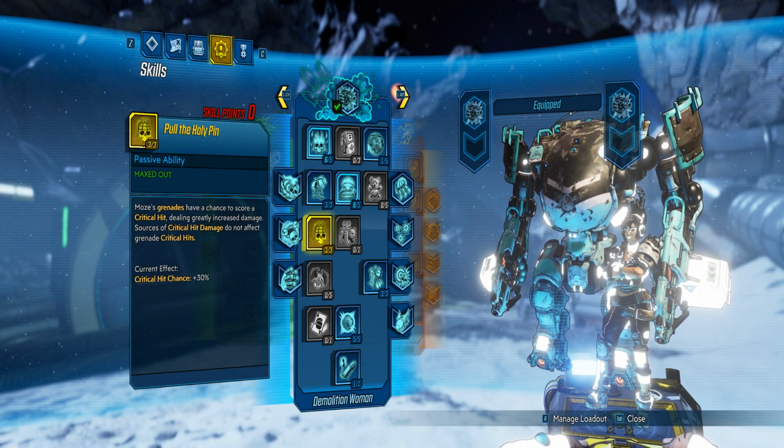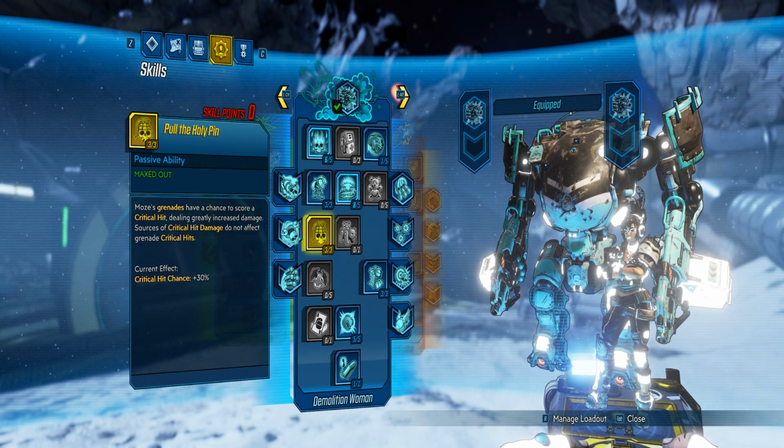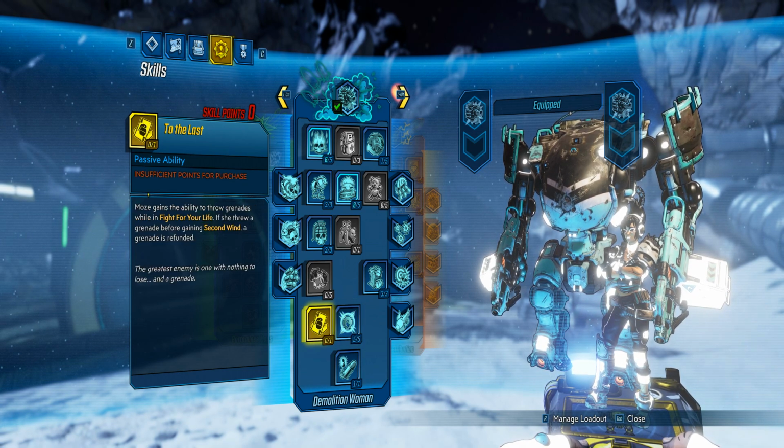Super important because this is what you need in order to proc means of destruction, while spamming the fact that you're going to have crits non-stop. You want to go down to why can't I carry out these grenades, just to have more grenades in your inventory. Pretty much self-explanatory. Explosive punctuation, you want to have this because it gives you extra skill cooldown for your